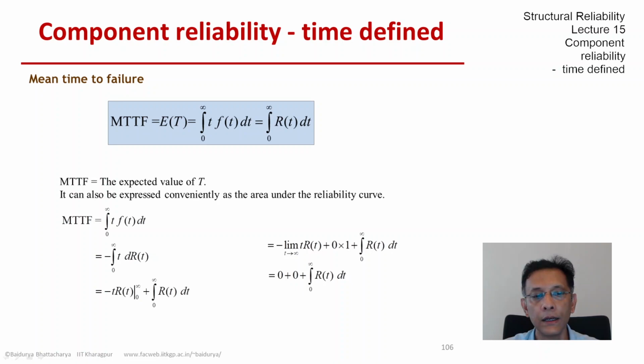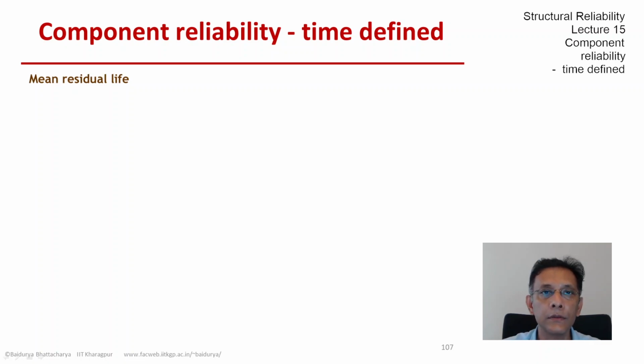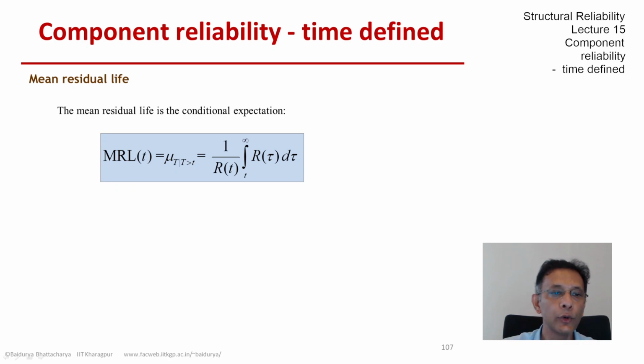A related measure coming out of the random time to failure is the mean residual life. So we now expand the definition of the mean time to failure as a conditional. It is the mean time to failure given that the structure, the system, the item has survived up to the present instant, so capital T greater than little t. Based on that event, conditioned on that event, I want to find the mean. So it's a conditional mean that we are looking at,